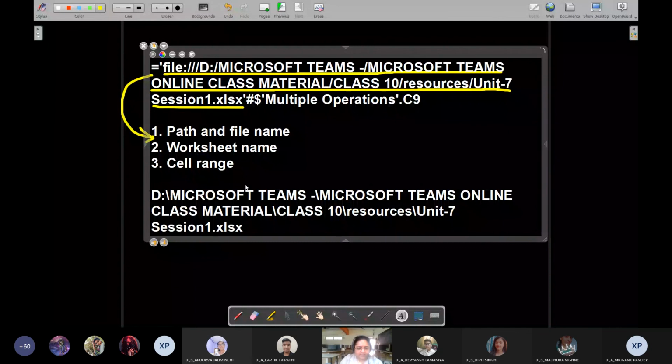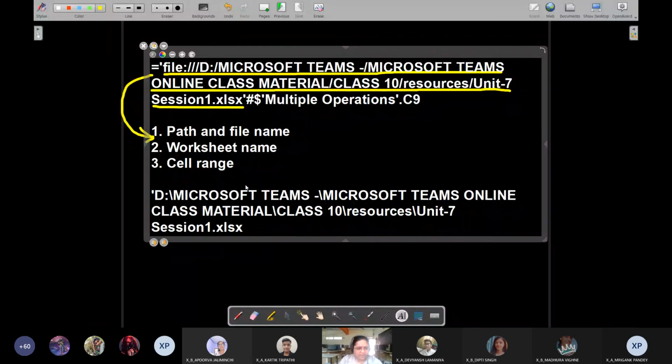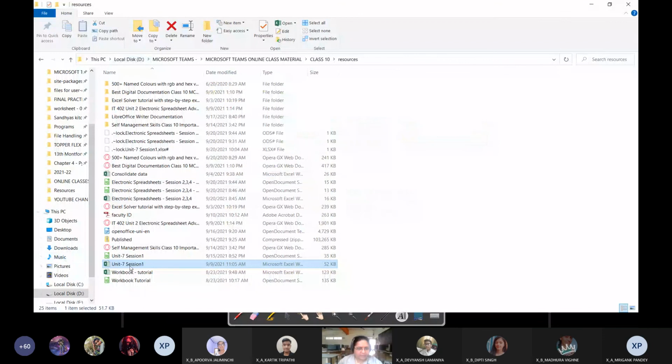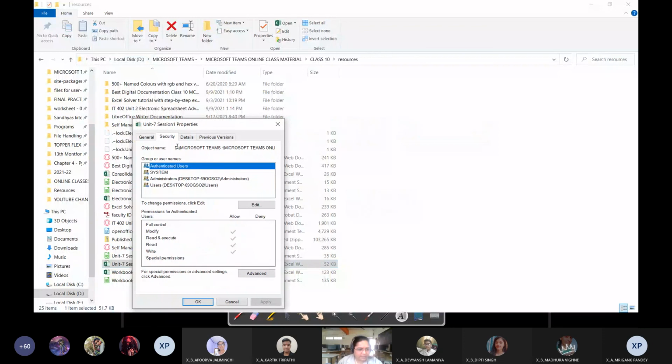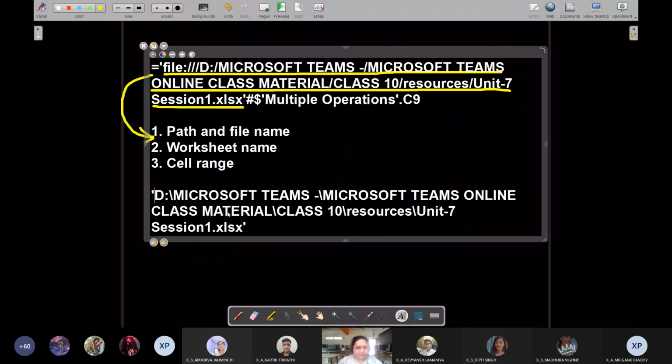And what has been added after that? We start it with single quotation marks. This whole thing has to be included within single quotation marks. So when you are using a keyboard, you can go to the file explorer, right click on that file, go to properties, go to security, go to this object name, select the entire path, and paste that path using Control V. Then include the entire thing within single quotes, that is single inverted comma, which is known as single quotes in computer science, right?